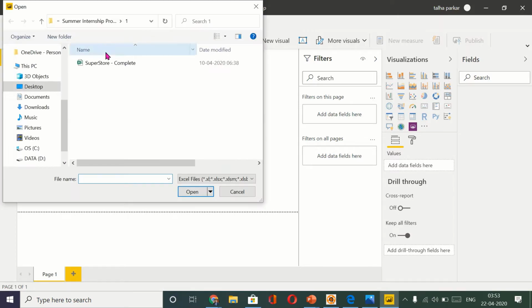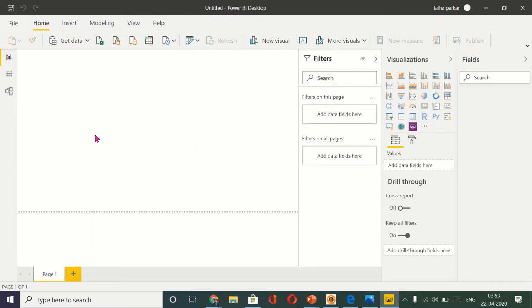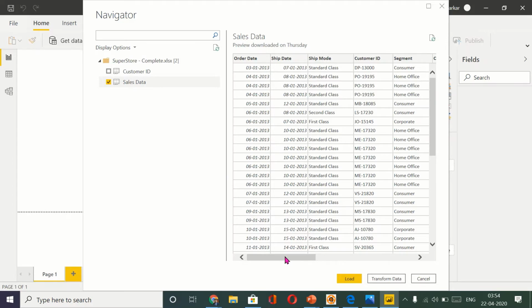I want to load an Excel file. I want to load the Superstore complete. This is a sample data that I have. I got this from Google. You can also get that. And we'll wait for the data to load into fields. So you click on the sales data, and since the data is completely